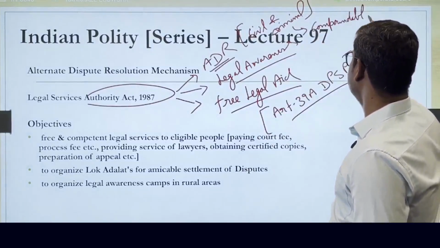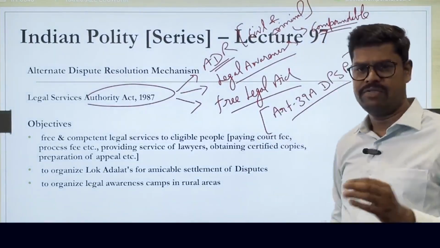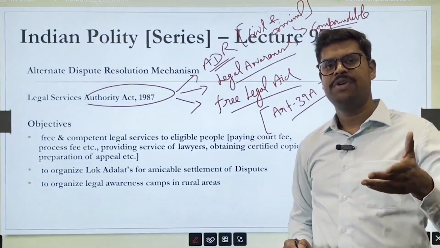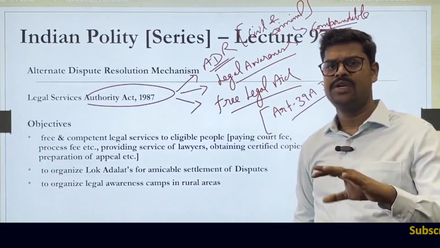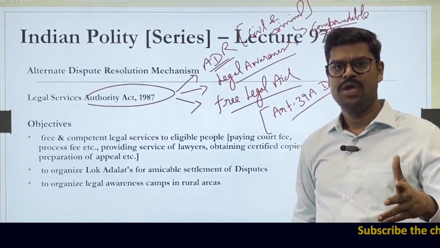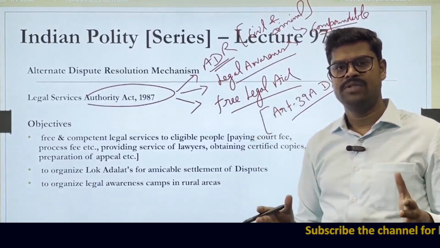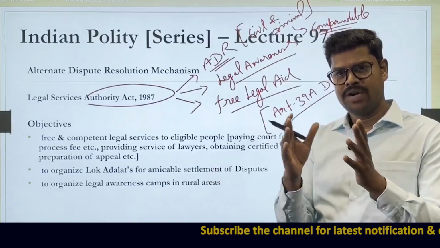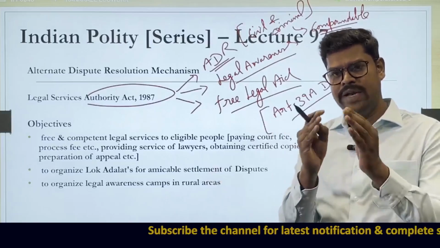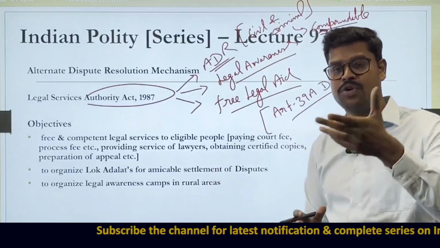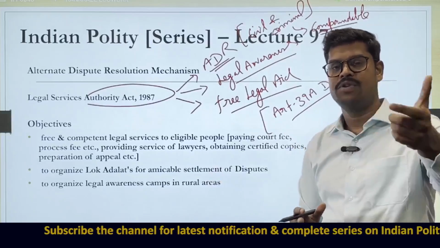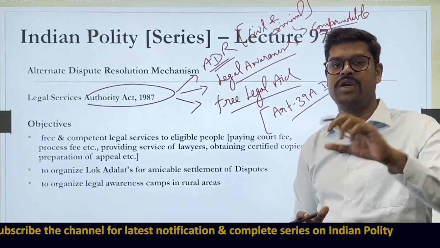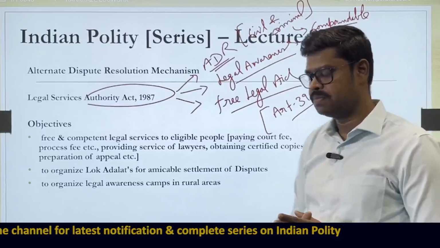When I say the offence is compoundable, these are petty offences. Usually, the punishment for these offences is not more than 2 years. However, what the compoundable offences are is mentioned in the Criminal Procedure Code, CrPC. Try to understand that only in the case of petty offences